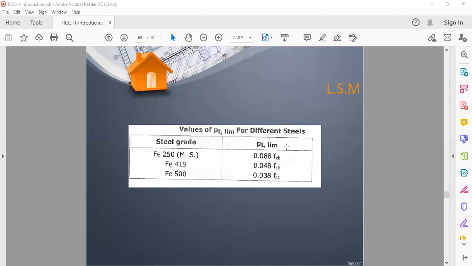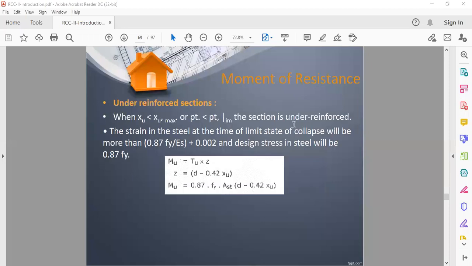One question from Amir: design strength, characteristic strength से कम क्यों आती है? We have already seen it in the earlier lectures, but we will recap in the last comment. This is the value of PT limiting we have calculated, and based on this formula you can go on calculating for the different problems.